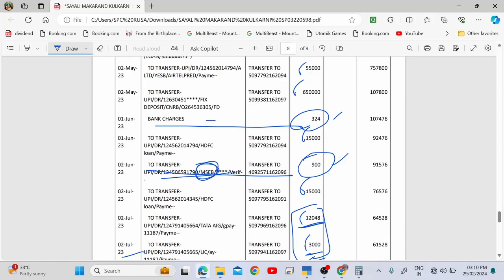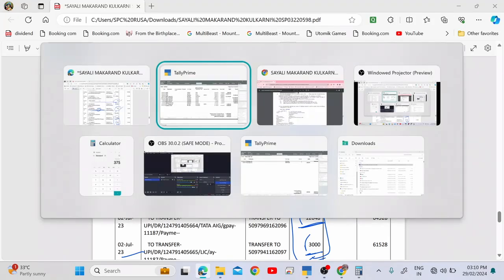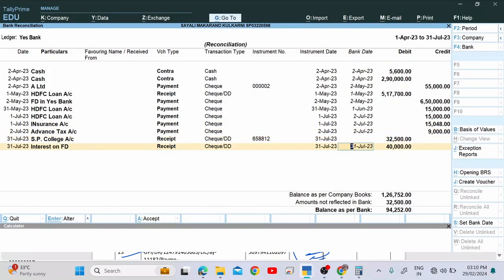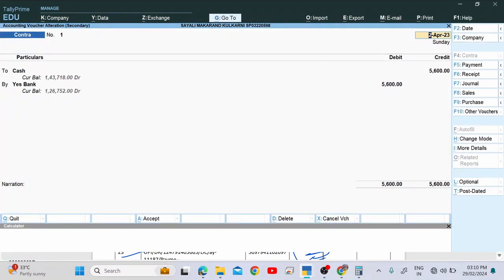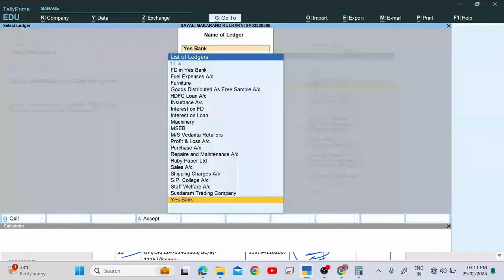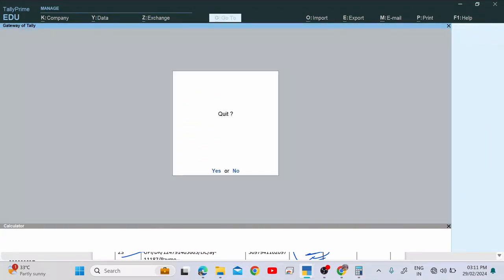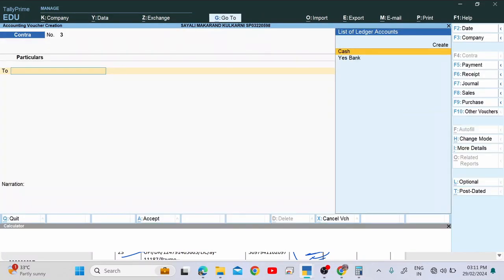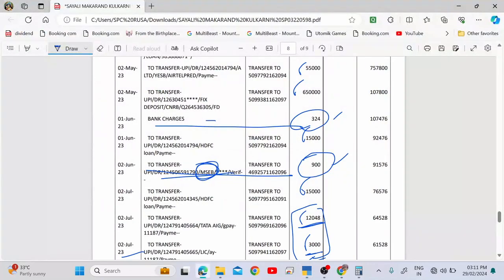So from this you will come to know that we have paid 900 to MSEB, but the accountant has not yet accounted for it. Therefore, pass this entry, account for these entries in Tally. Yes, accept it, and then, by accepting, go to Gateway of Tally, Vouchers, and then in that Bank Charges